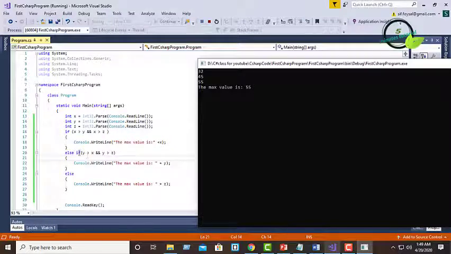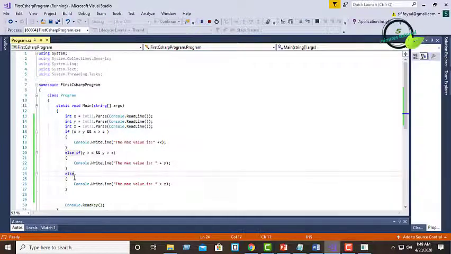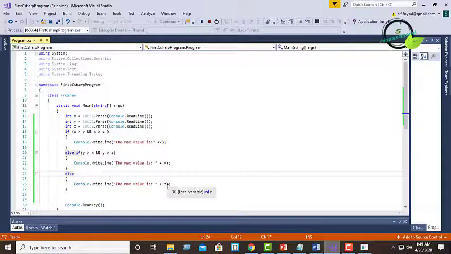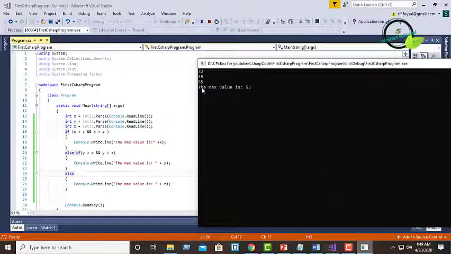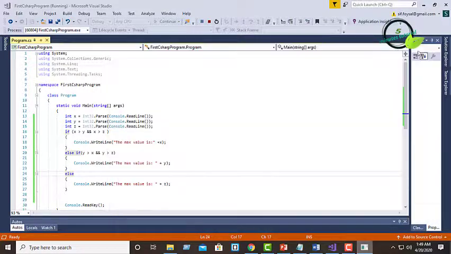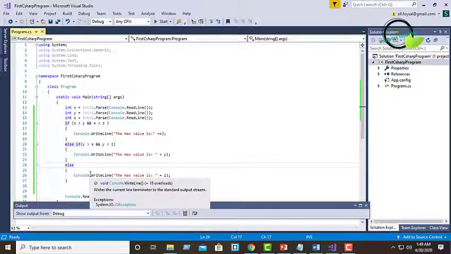So it will execute the else. So here you can see it will execute the maximum value is z, then here you can see the output, the maximum value is 55. So here we have seen the example of the if else if statement.